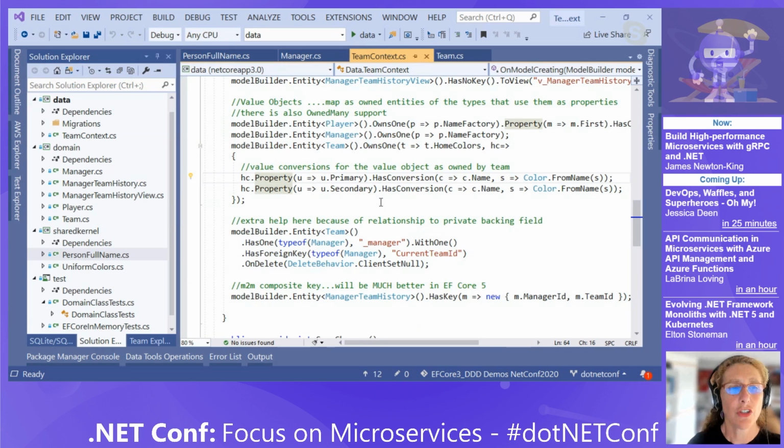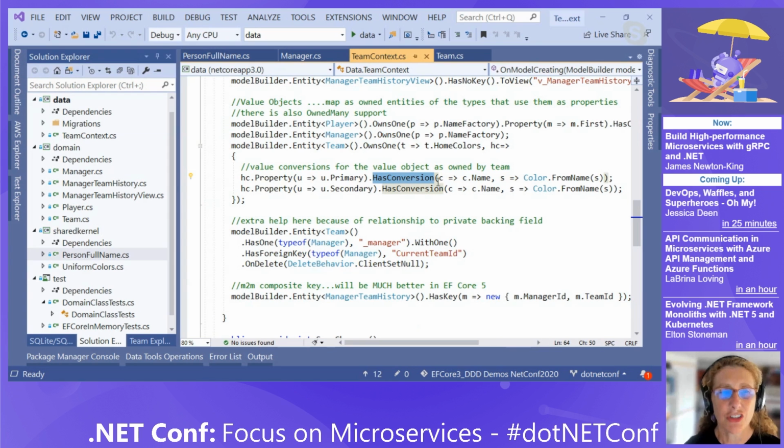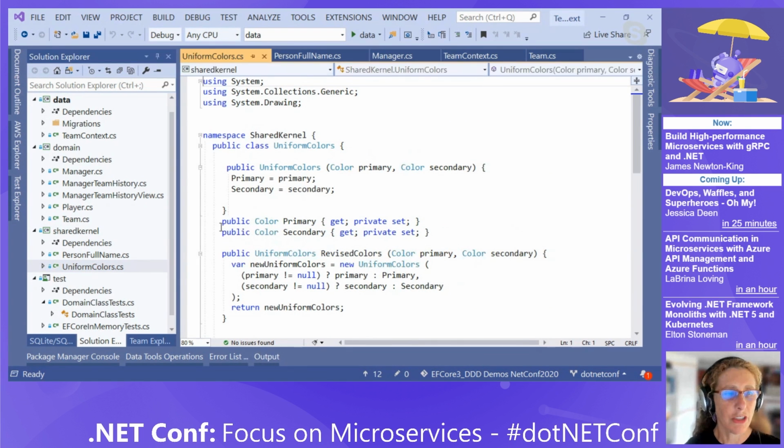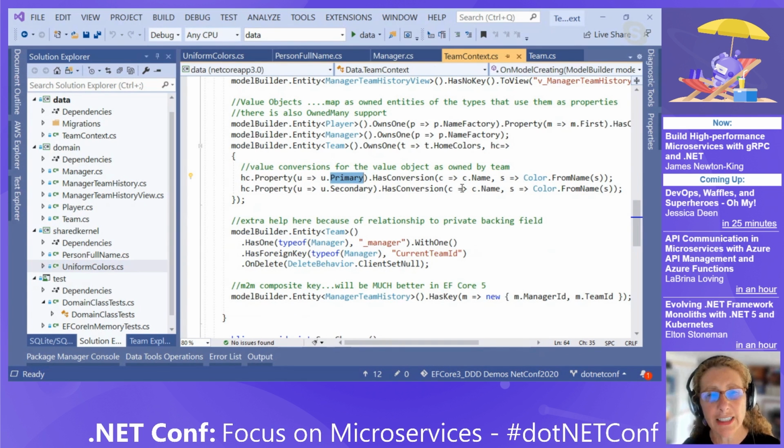So there's a feature called value conversions, and this HasConversion property is one of the ways of expressing value conversion. This is kind of an on-the-fly way. If we're looking at that primary property, which is a Color struct inside of my uniform colors, then when we're sending to the database, use the Name property of the Color struct to get the text and store the text.